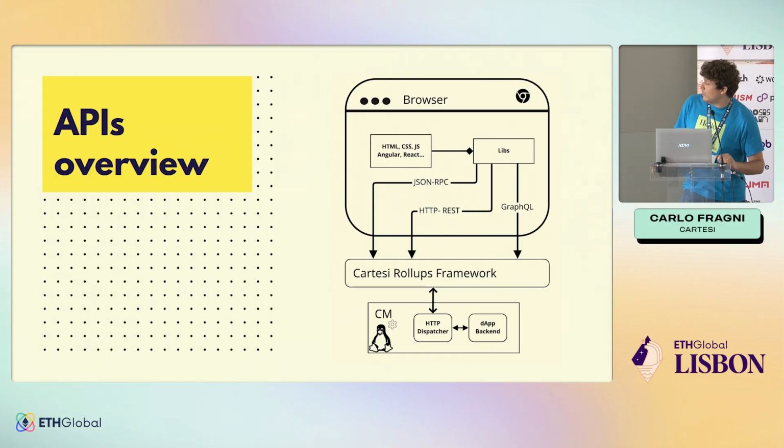Then we have an HTTP request API that's used for something like Ethereum calls. So it's eth_calls you do to check some machine state that doesn't really change anything. It's a read-only operation, right? And finally, we have a third interface, which is a GraphQL one, in which you can query the Cartesi node for events and things that you emitted in your logic. Now, your decentralized logic actually resides inside the Cartesi machine. And in order to make it easy for you to program, we have this HTTP dispatcher component that wraps up the entire framework complexity in this simple HTTP interface.